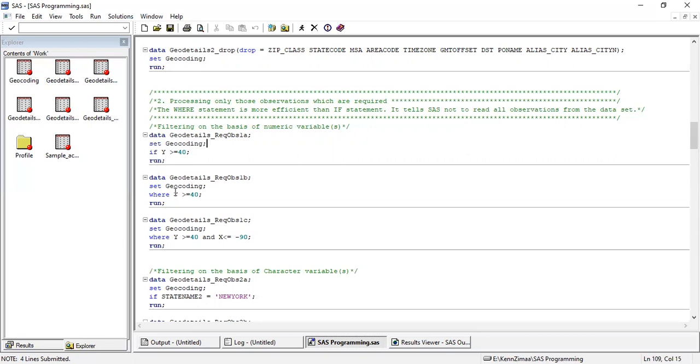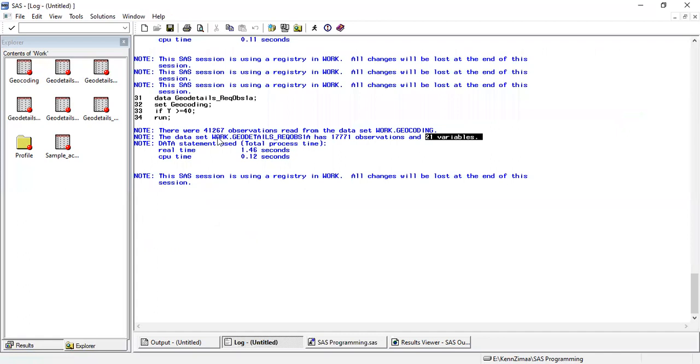But when you are using a where statement, it will pick up initially only those observations where y is greater than equal to 40. So it will not pick up 41267 observations. It will go into your base data set, find out at which places y is greater than equal to 40, and then it will create a new data set for you.